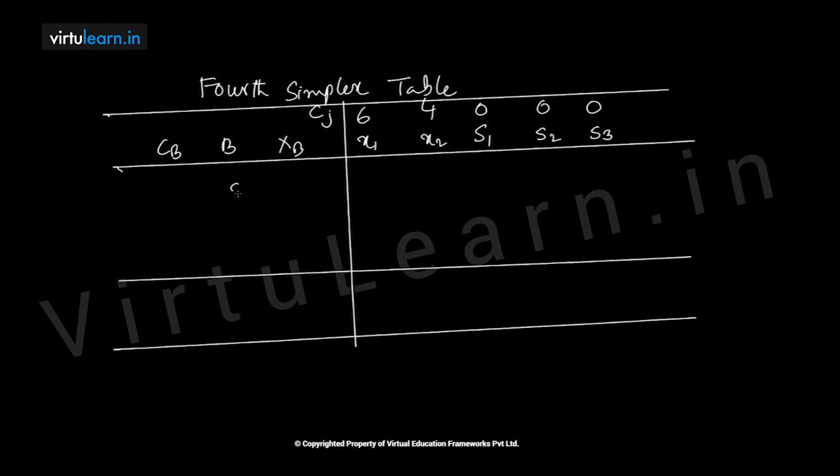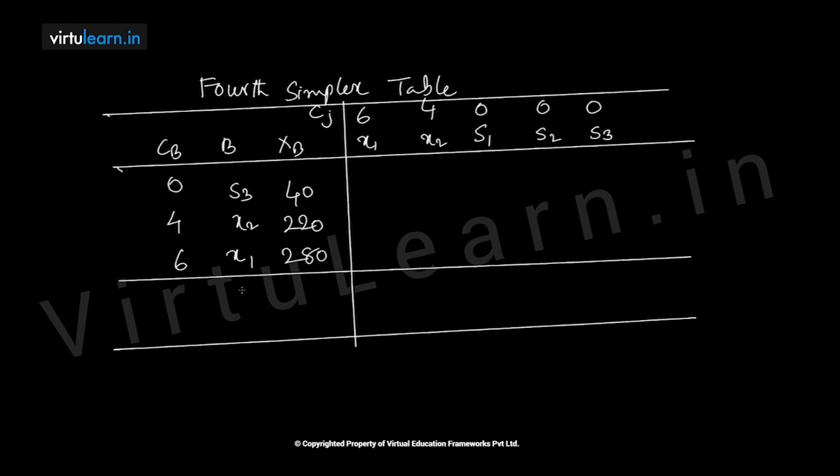So this is s3, 4, 0, 6. This is x2, x1, 40, 220,